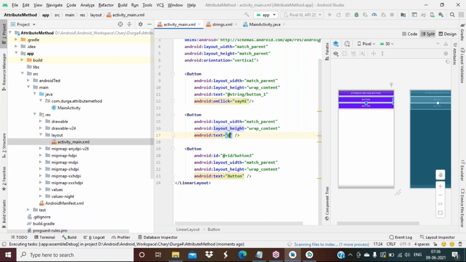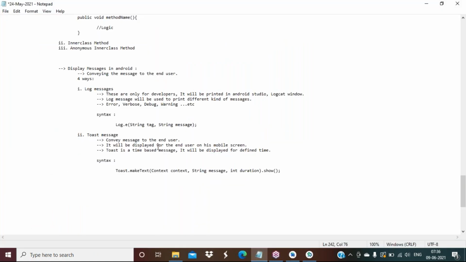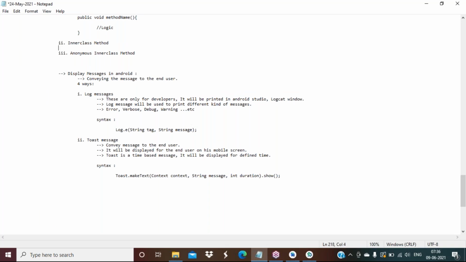Tomorrow I'm going to explain about inner class. So for inner class I don't want to tell you like this. Okay, so for that I'll take a different way. For inner class I'm going to explain a calculator application.